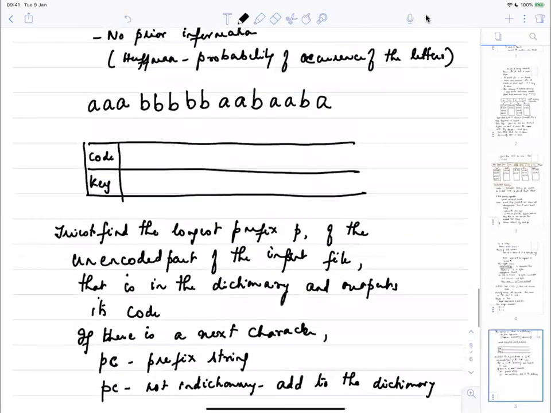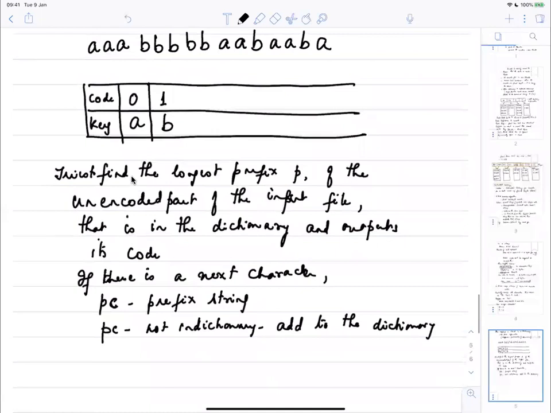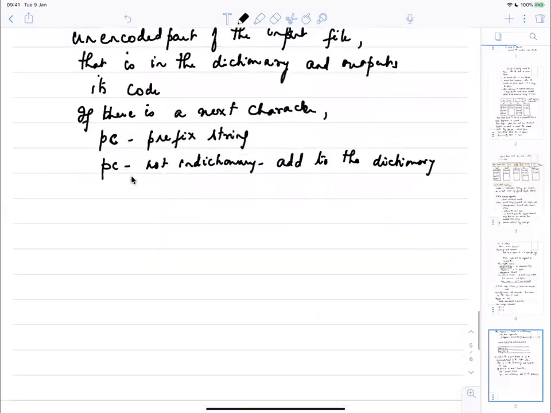So now when you look at this particular example, the longest prefix. So what did we do? We have 0 is A, 1 is B. So let us try this. The longest prefix of the input that is in the initial dictionary in this case is A. Its code is 0. So you output